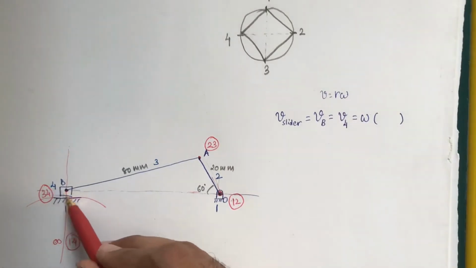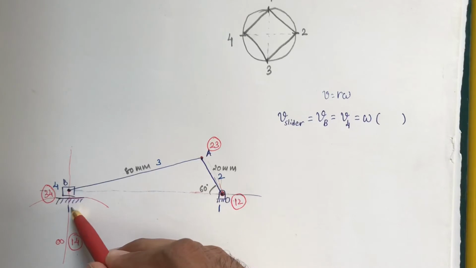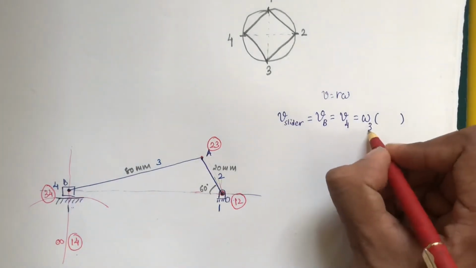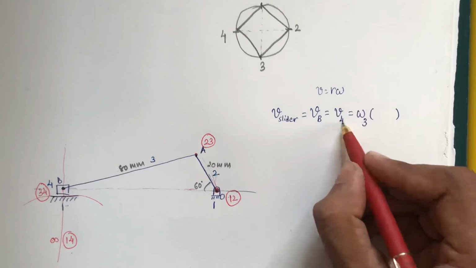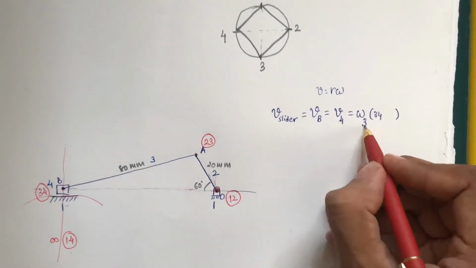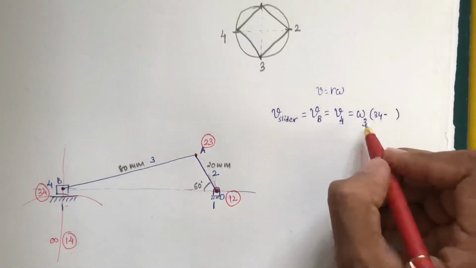So with the fourth link, the third link is connected. With the fourth link, the third link and first link both are connected, but the first is the fixed link, so we will consider only the third link. So that is omega 3, the fourth's connection with 3. The combination of these 3 digits represents 3 4, the angular velocity instantaneous center 3 4 dash.